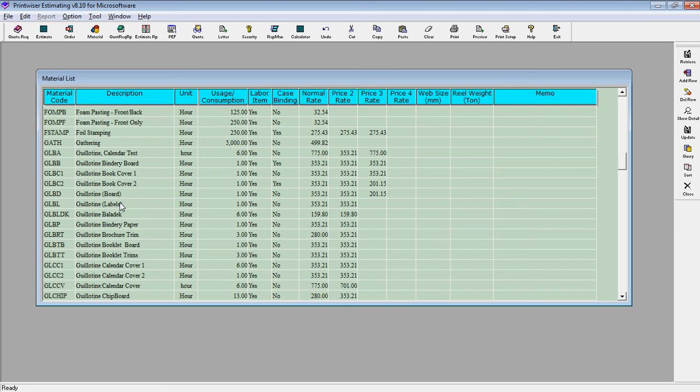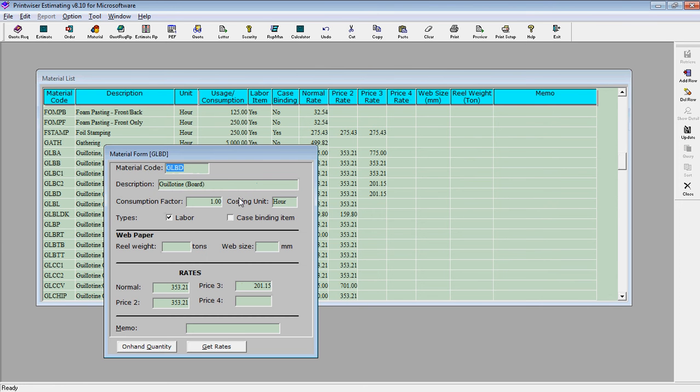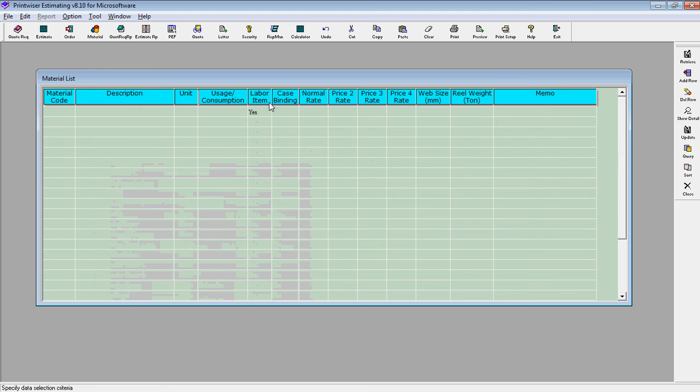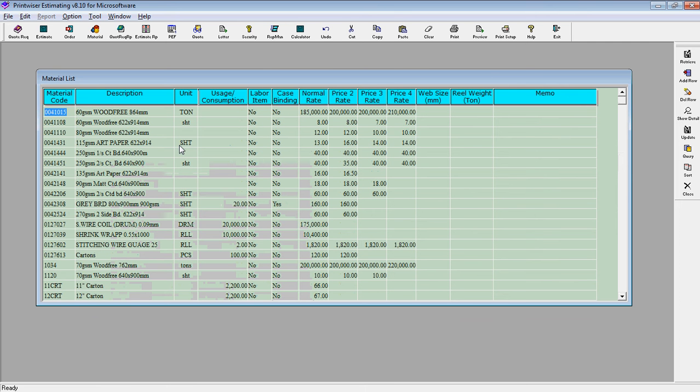So for example, let me go into one of these forms. Bulletin. Okay, here costing unit is hour, so this is going to be costed by the hour. And then here are the rates. You can specify the rates. Then also this list also covers materials. Let me query for non-labor. Okay, and here we got